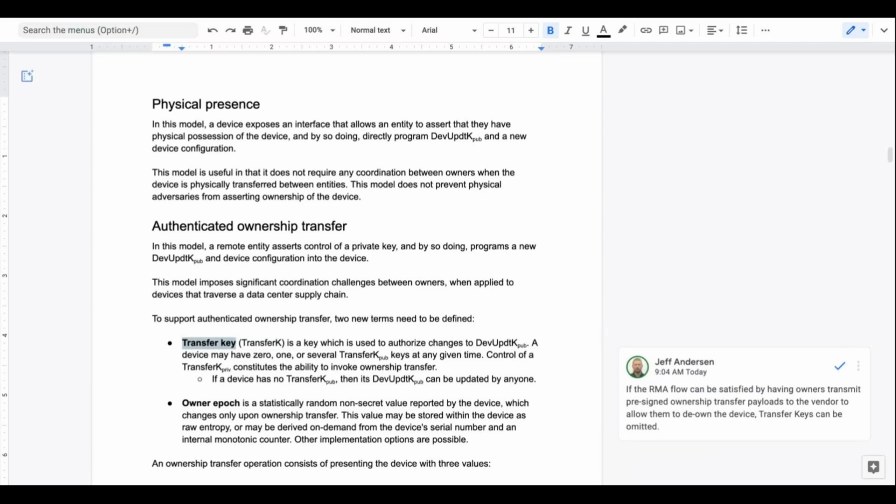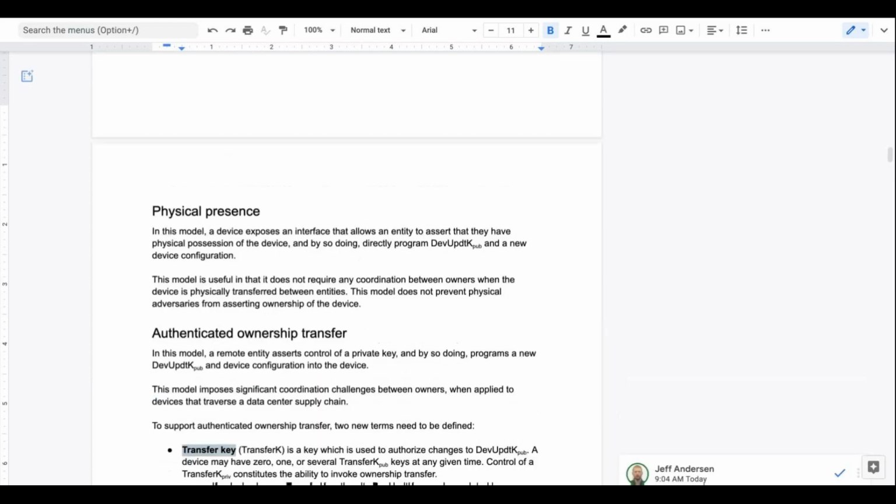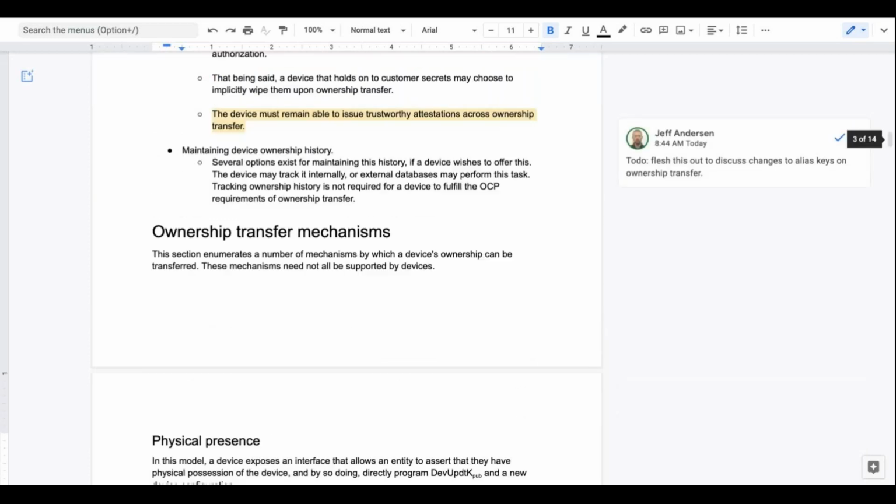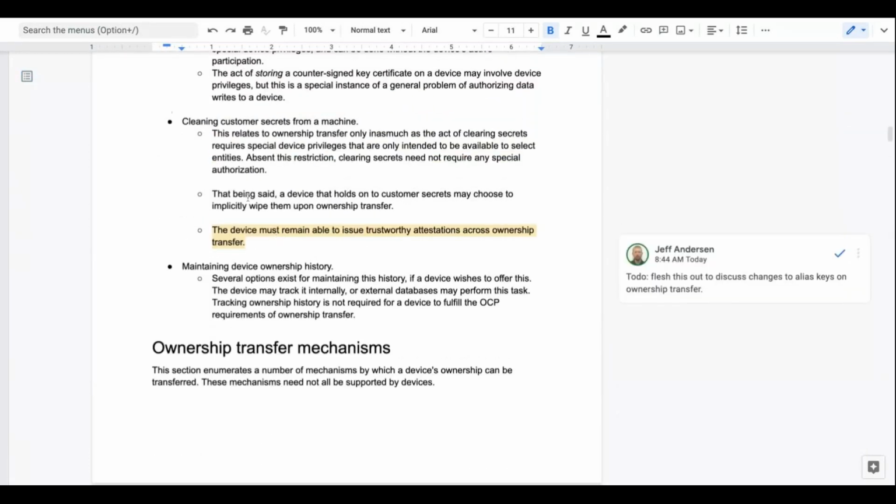In the case where the device breaks, I can't issue that command anymore, so it would be nice to have some kind of implicit, ownership transferred, secrets are destroyed behavior. And I did call that out up here: a device that holds on to customer secrets may choose to implicitly wipe them upon ownership transfer. I think that angle would address your concerns.